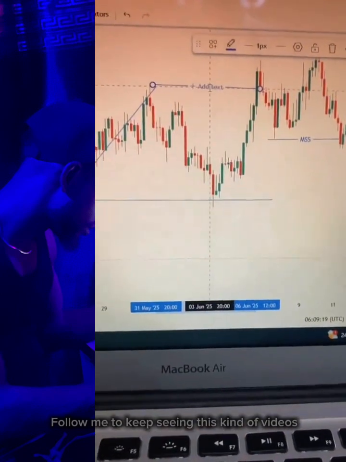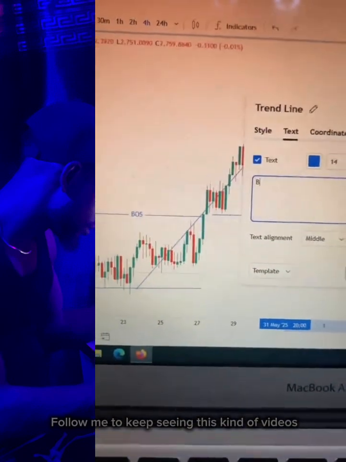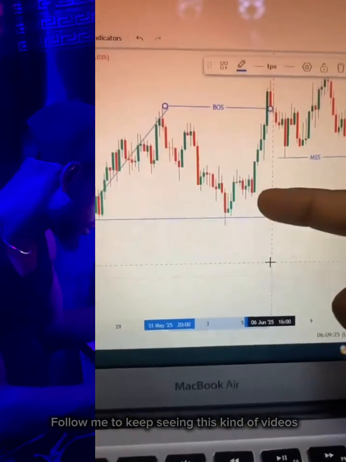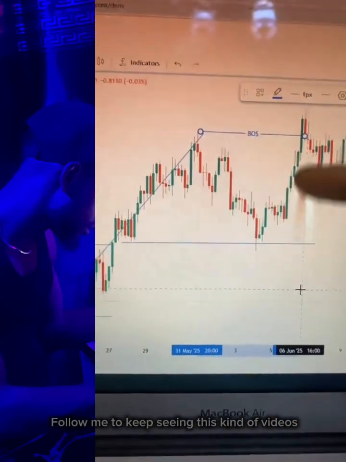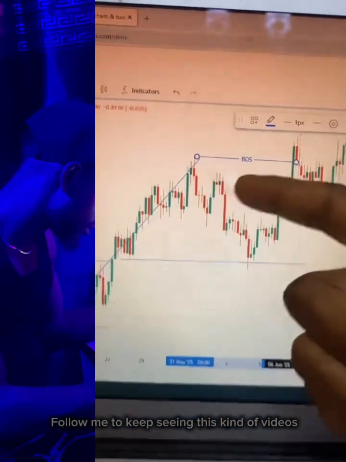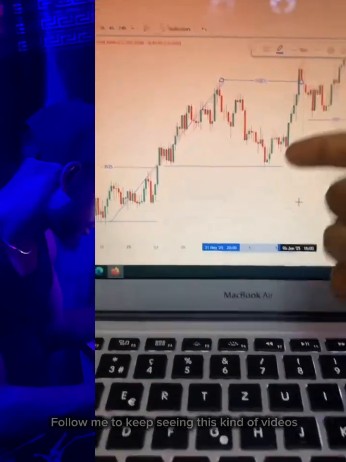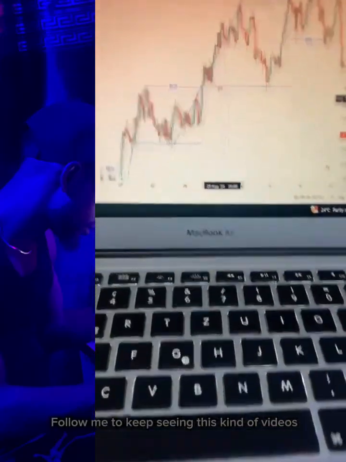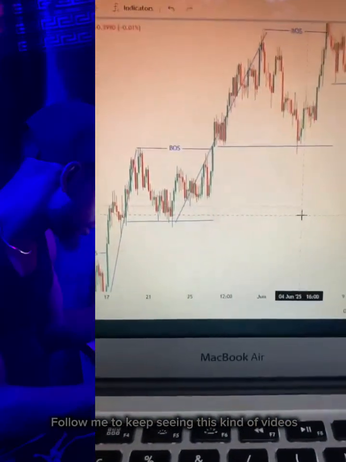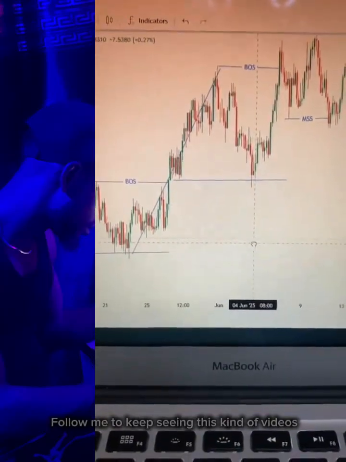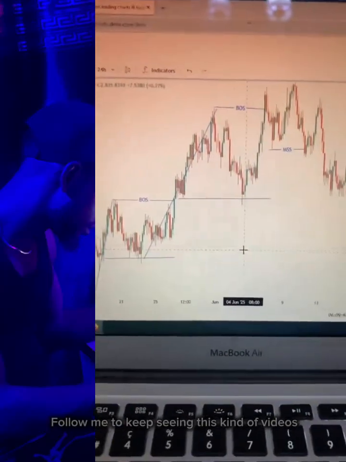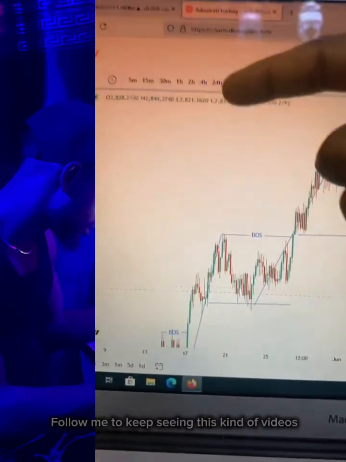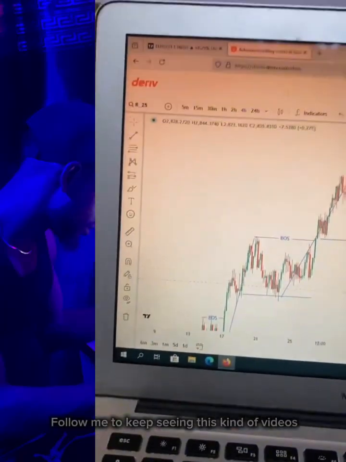This is what? A break of structure. It's valid. Why? Liquidity sweep, displacement, impulsive move, strong momentum move, breaking out from this previous high, which makes it valid. So this break of structure is valid. But if you don't see these three signs, my brother, run for your life. That break of structure is not valid. It's applicable to all time frames, not only one time frame. This is 4 hours, but mostly in external structure, which